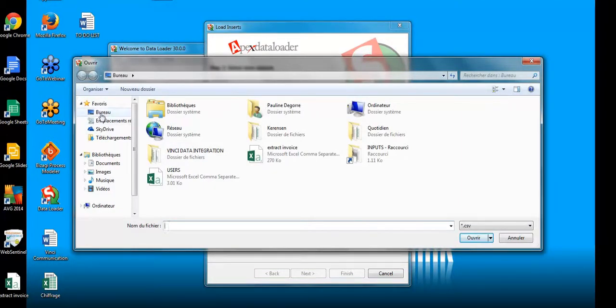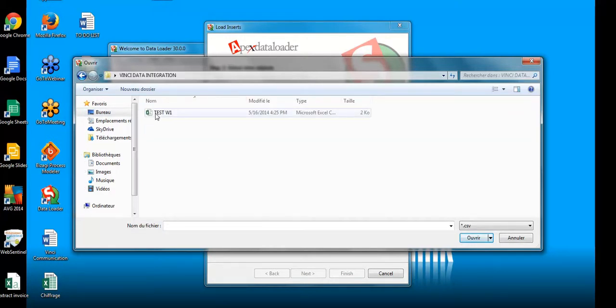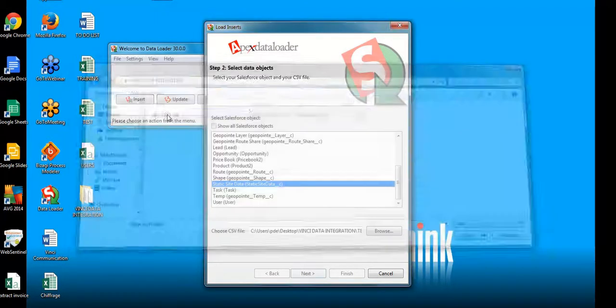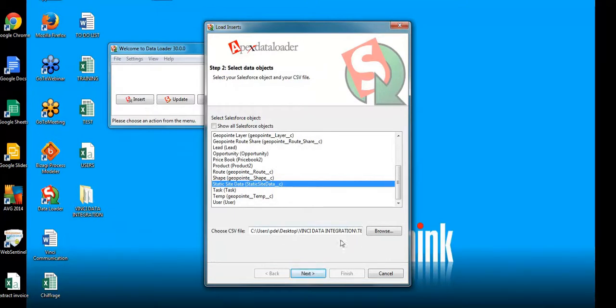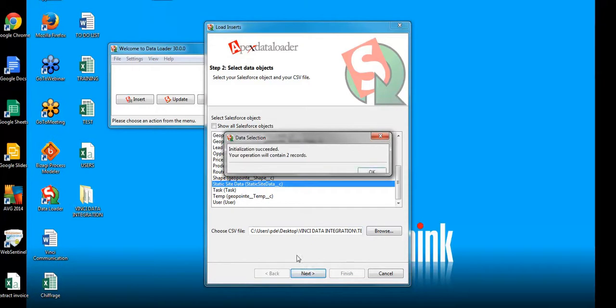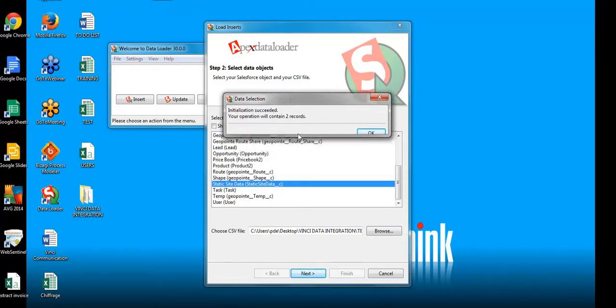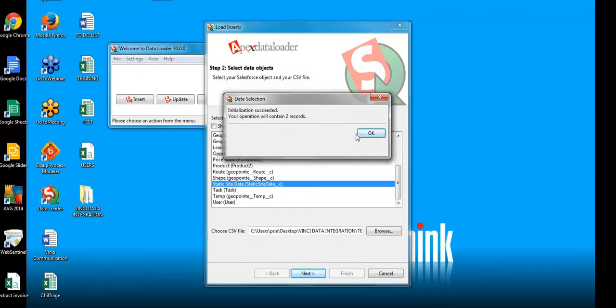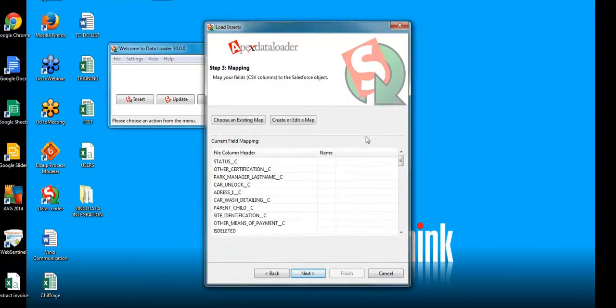My file is in Vinci Park Data Integration. It's slow again. I have my CSV here. It takes some time. I can click on next. Salesforce recognizes my 2 records, so that's fine. I can click on OK.